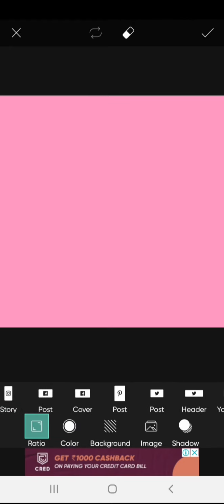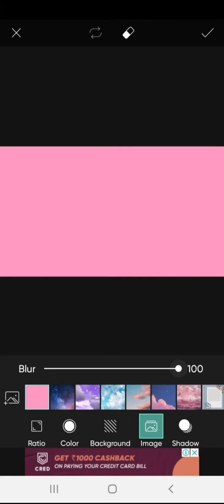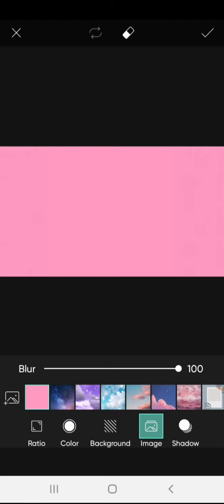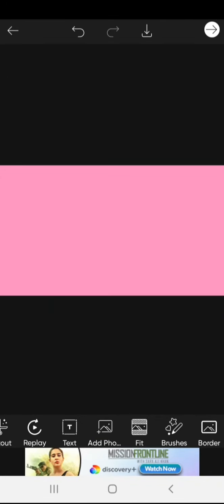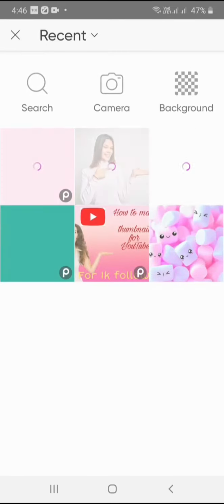Scroll it, then click on YouTube, then image, and choose this full one at 100. Don't choose any background, because it will show invalid. So that's why choose the color only for the backgrounds and click on the tick button. It means the okay button, and then click on the add photo button and select your photo.